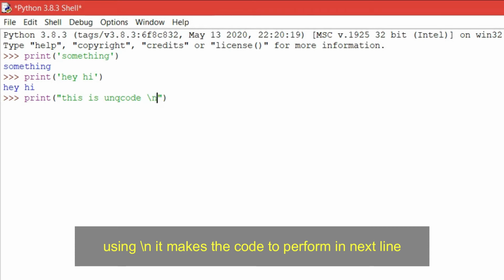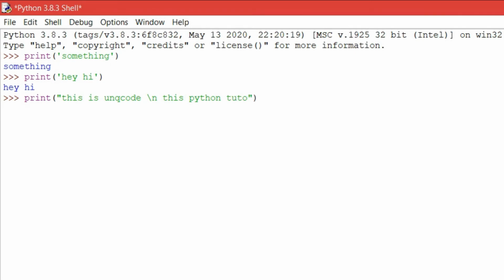And here I want to type this is Python tutorial, anything you can say, it passes to the second line. This is the way to use print functions.